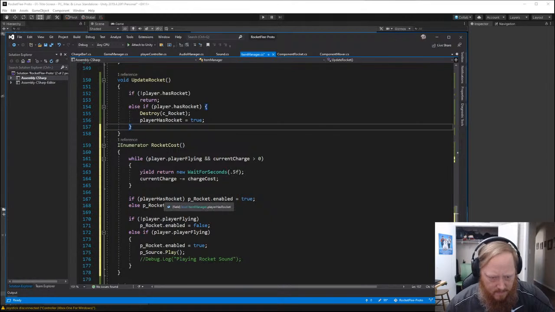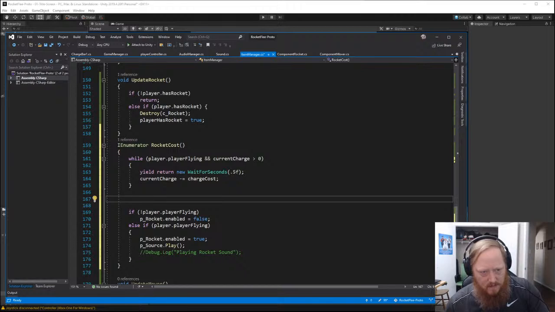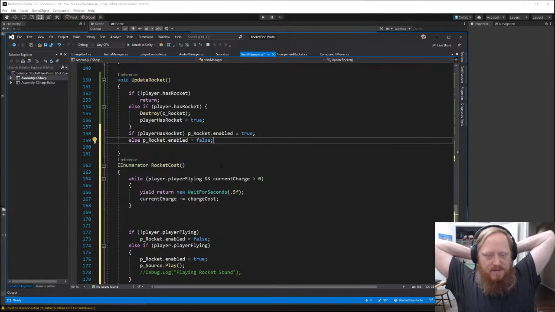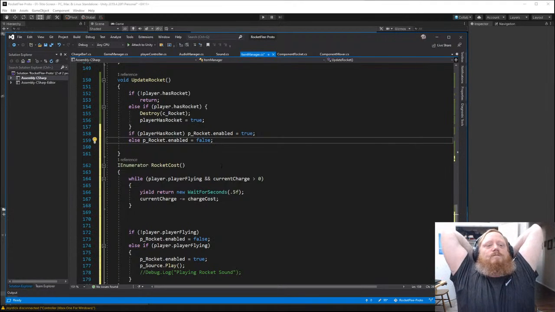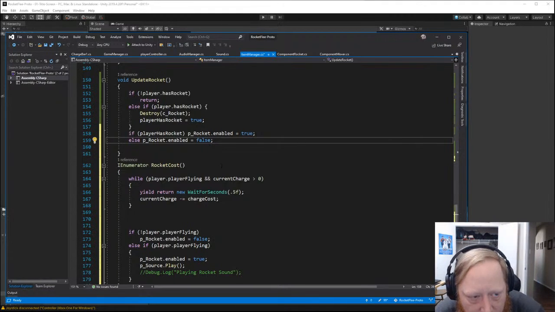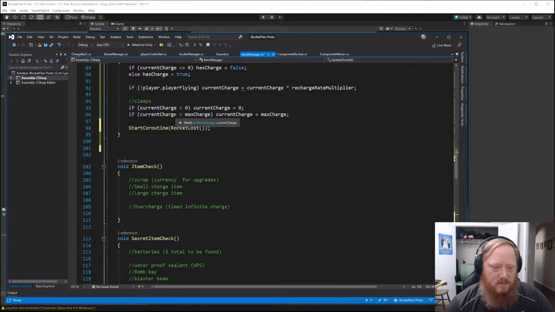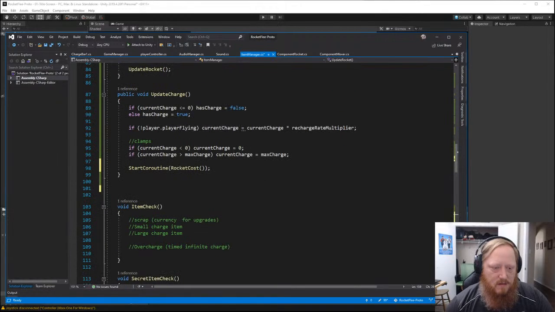So now if player has rocket, we want this in rocket. Okay, if player has rocket, P rocket enabled equals true. Player has rocket is equal to player has rocket. Okay, so let's go ahead and do that. So we can basically just say on start